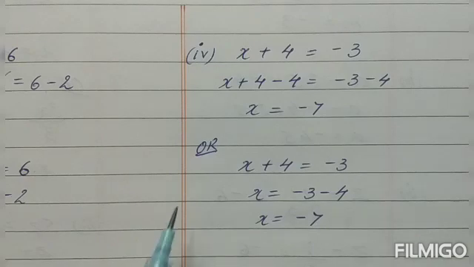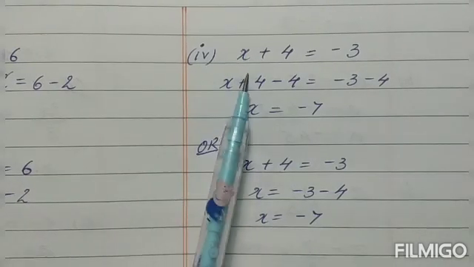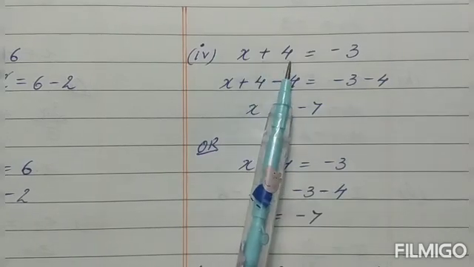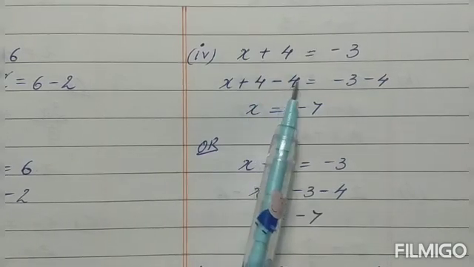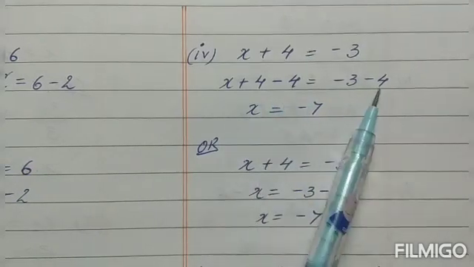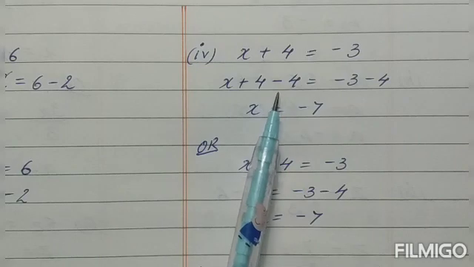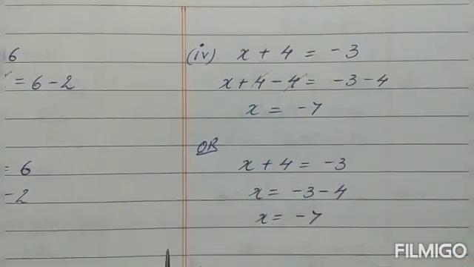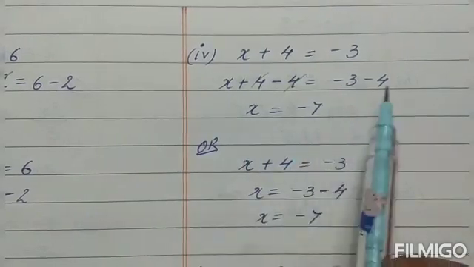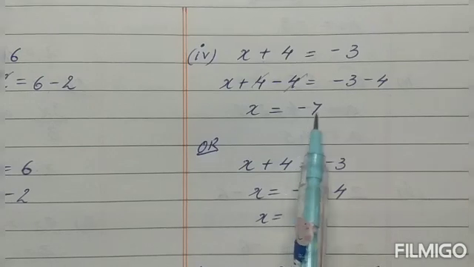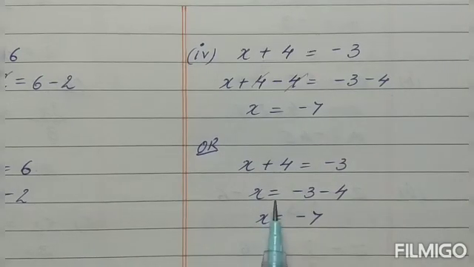Of question 1, I have taken the fourth sub part. x plus 4 is equal to minus 3, children. Now because there is a plus 4, I have taken a minus 4 this side, and a minus 4 this side. The same number and the same integer will be taken on both the sides, that means with the same sign. Now again a plus 4 and a minus 4 will cancel each other. So x is equal to minus, this is plus sign of the bigger value, so minus 7. This is with the transposition.